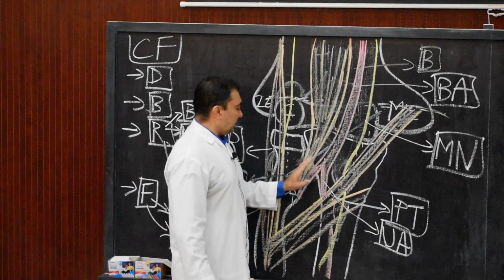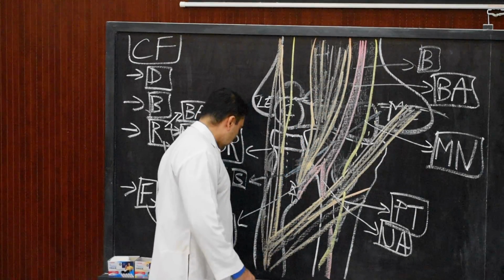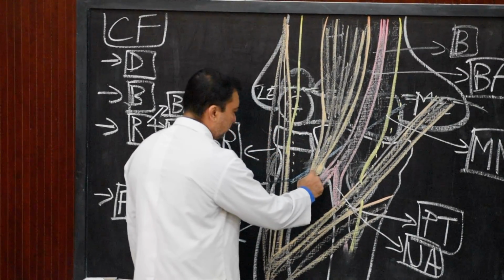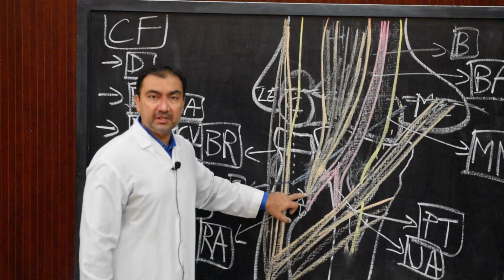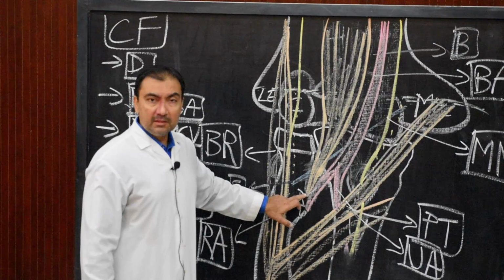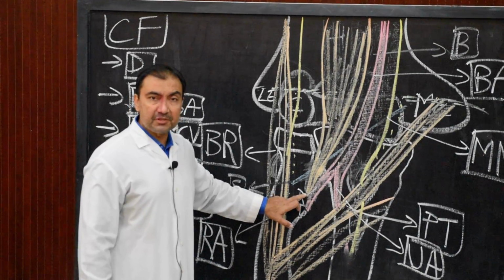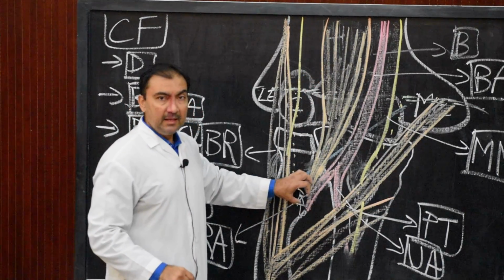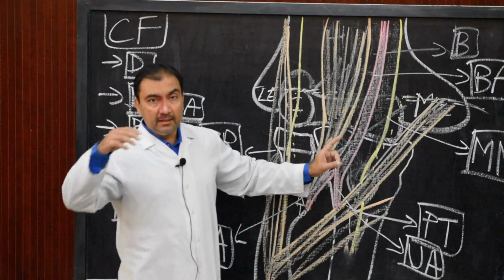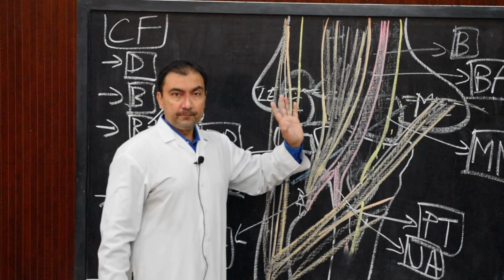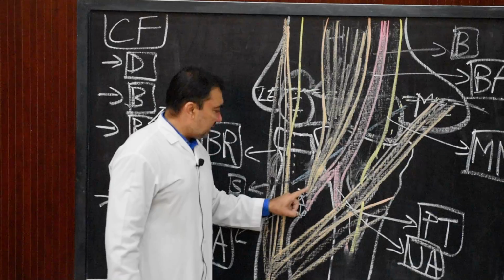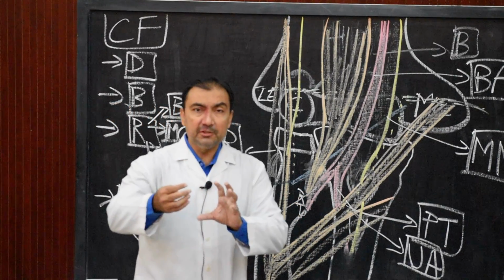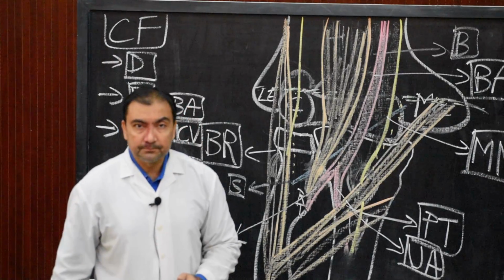This biceps tendon at this point will be inserted in the posterior part of the radial tuberosity. Remember, this is also an MCQ question. The tendon of biceps is inserted on the posterior part of the radial tuberosity, and it always lies lateral to the brachial artery. It is separated from the anterior part of the radial tuberosity by a bursa.